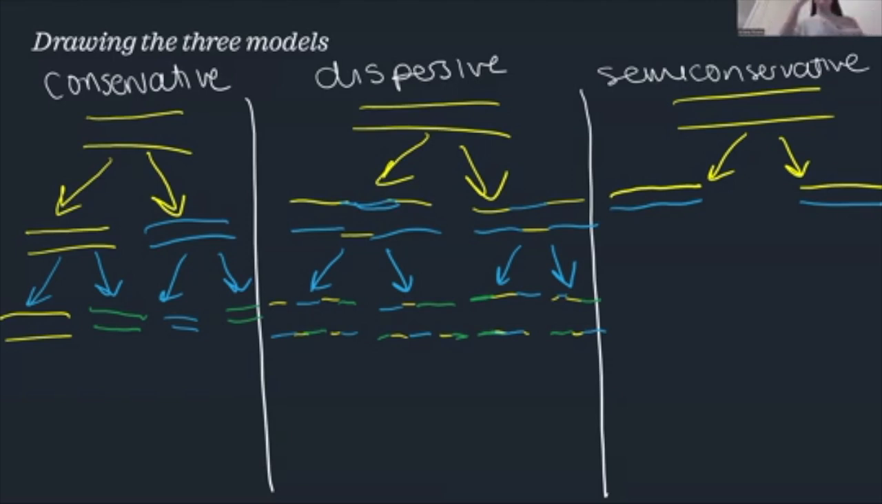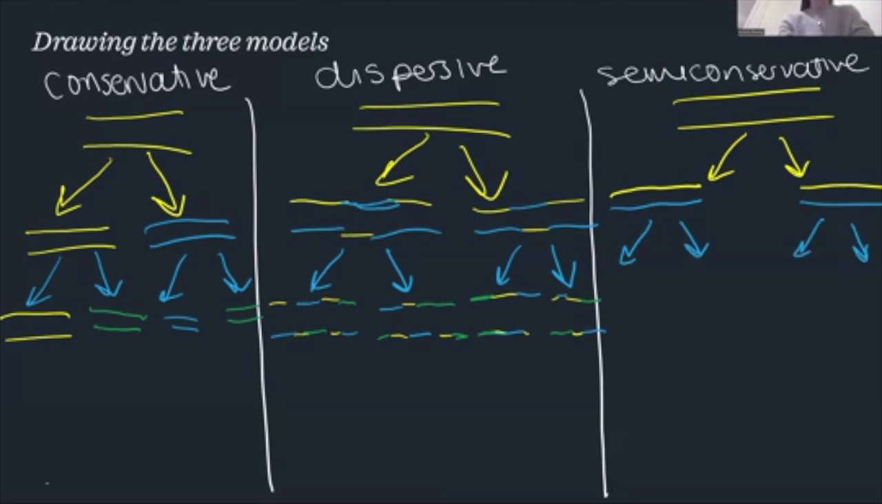So in dispersive, the entire molecule is a mix and every single strand is a mix because every single strand has yellow and blue. In semi-conservative, the entire molecule is a mix, but each strand is its own thing. One is completely old, one is completely new. So now let's show each of these